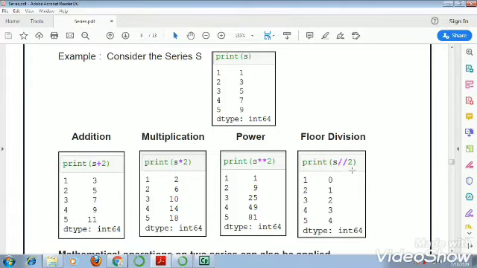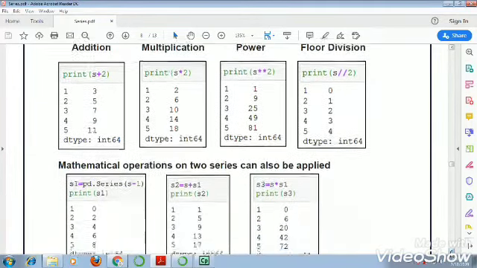So when we divide element by 2, in case of 1 it will be divided by 2 0 times, and in case of 3 1 times, in case of 5 2 times only, in case of 7 just 6, that means 3 times, and in case of 9 it will be 4. So these are the vector operations on series.